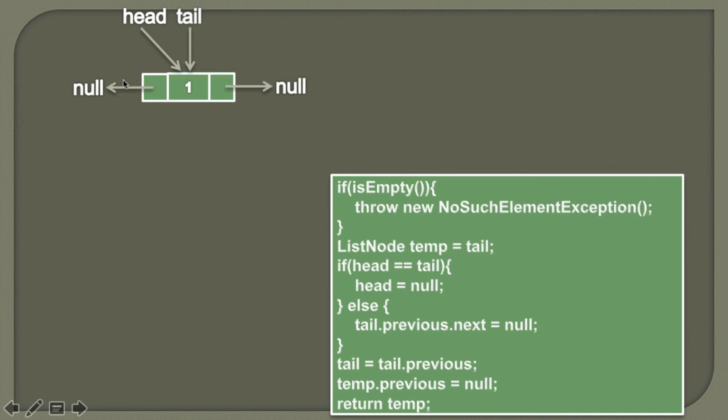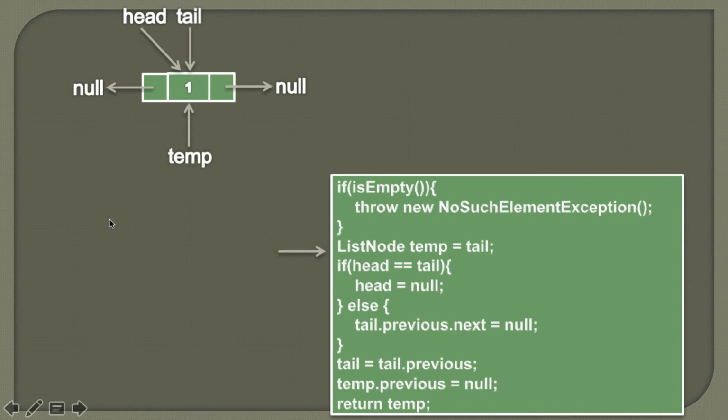So friends, now in doubly linked list only one node is left, where head and tail both are pointing to that particular node. So let's call this algorithm again. So first we will check whether list is empty or not. So list has one node, therefore it's not empty. Then as we know that there is only one node left and we want to delete the last node, therefore this is the only node that needs to be removed. So we'll simply create one temporary node and we'll assign the value of tail to it.